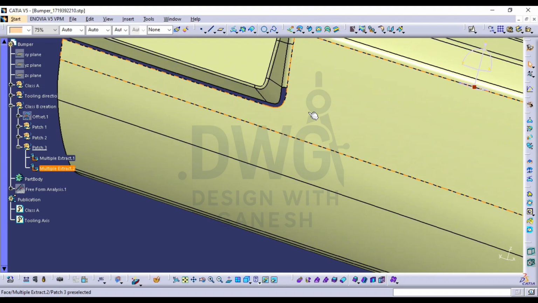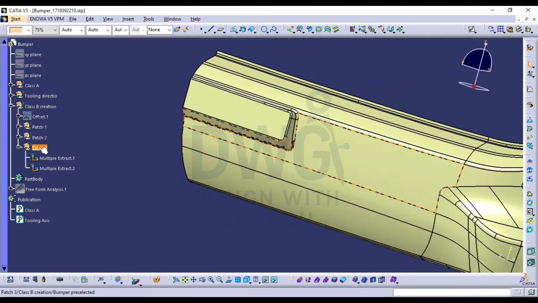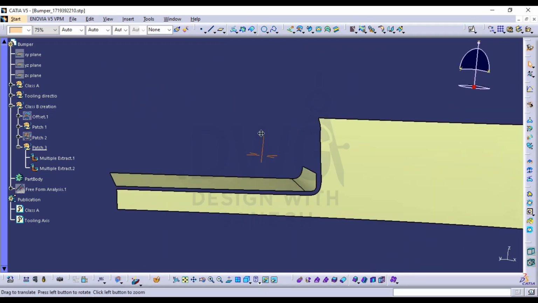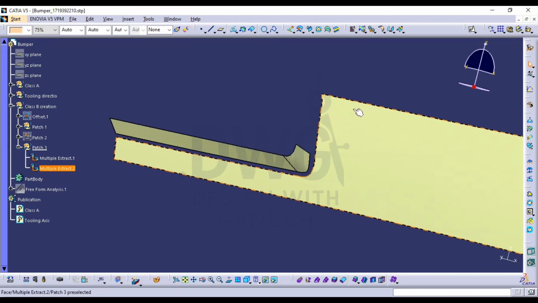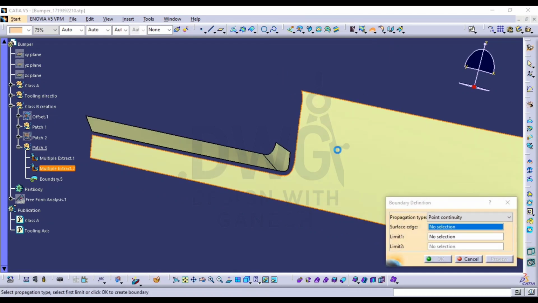Because whatever the missing patch that we are doing, that missing patch is associated with these three sub patches only. That's why I take all these two. Okay, let's hide the patch 2. Okay, we have this only, right? So these are two different domains, since we are using multiple extract, these two are different domains. Okay, now click on this boundary option, select this